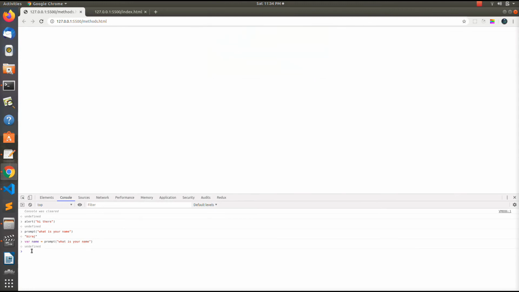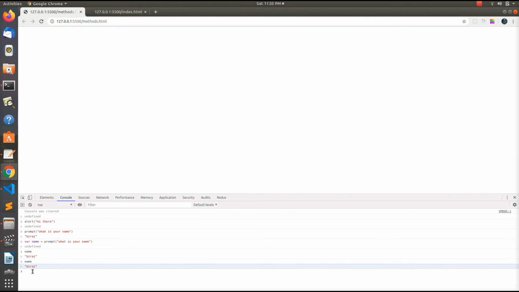Okay, and now if I type here name, which I have defined here, and press enter, you can see my name now appearing here, because now it has been stored in a variable, and any number of times I write name, it will display my name here. So this is the use of the prompt method.